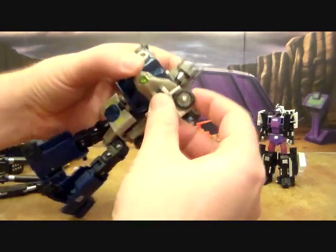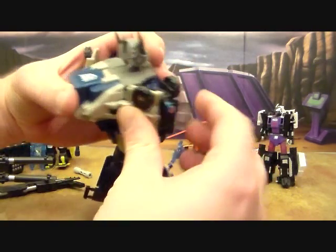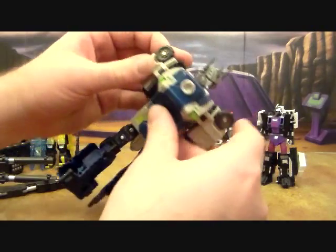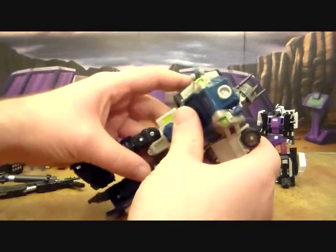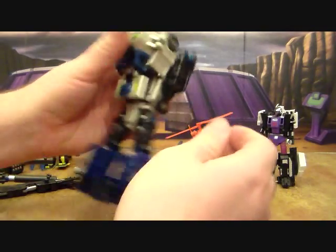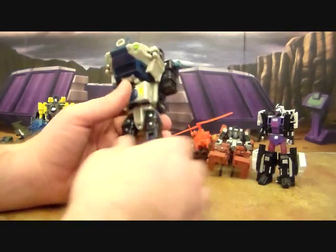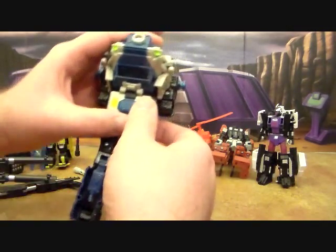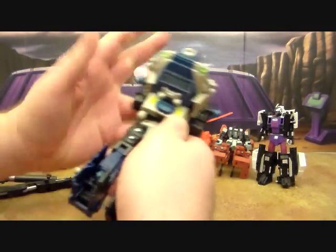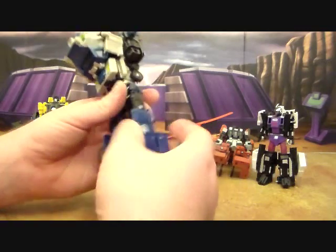Just like so. And then you want to take these bits here and they just rotate back, like so. Just kind of try and keep them out of the way. You can fold them up like this too. Actually, that's the way we're going to do that. But if you fold them out, they just kind of fill in that little gap here. Push that up until it snaps, and then you want to